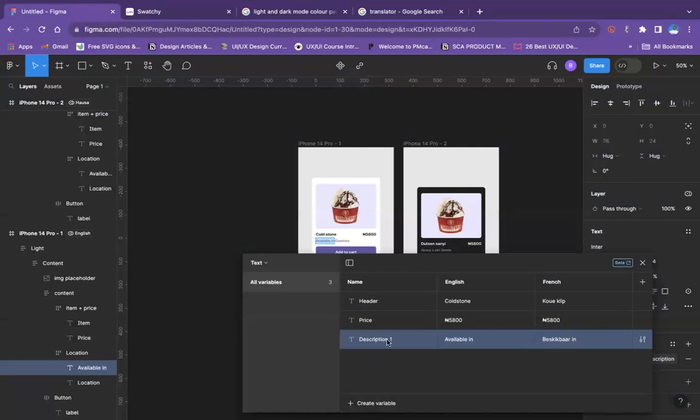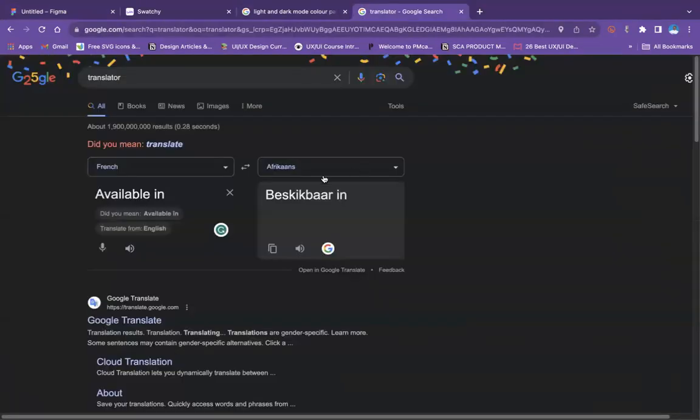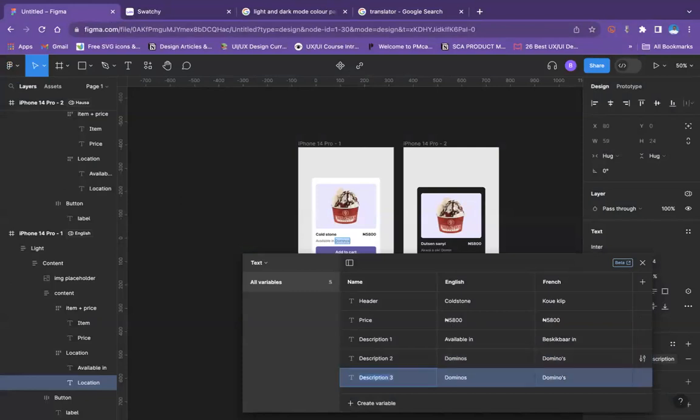Description two. What is it? Dominoes. Dominoes. And then the last one is text B. That's button. Add to cart. Control V, and then